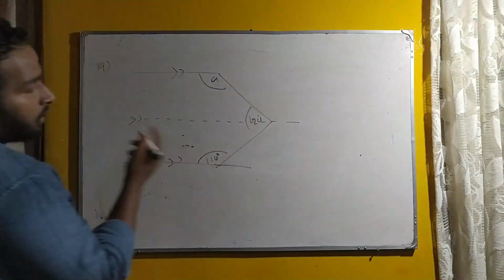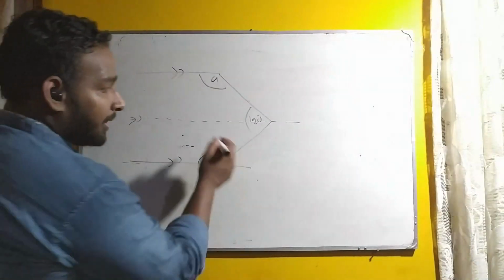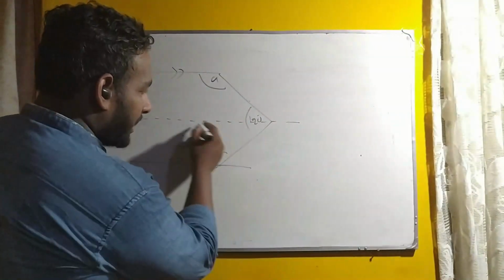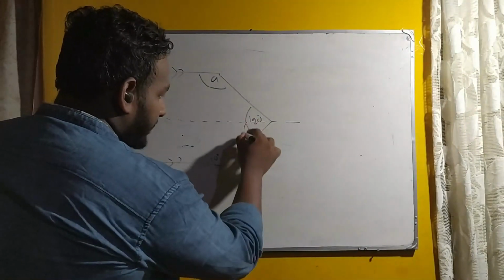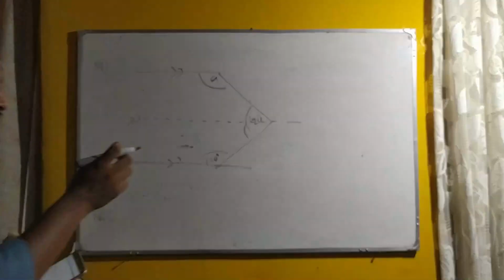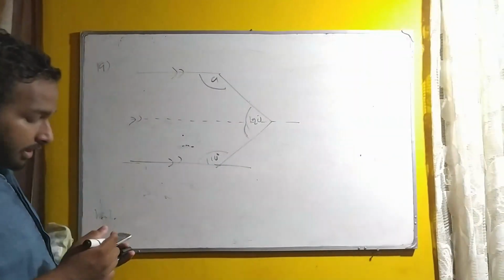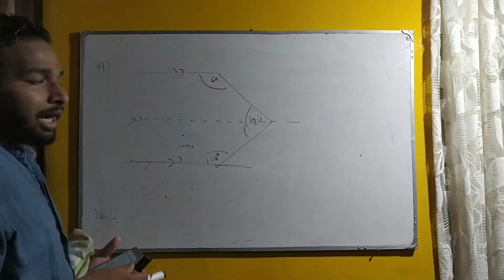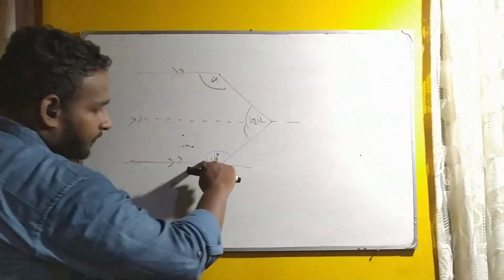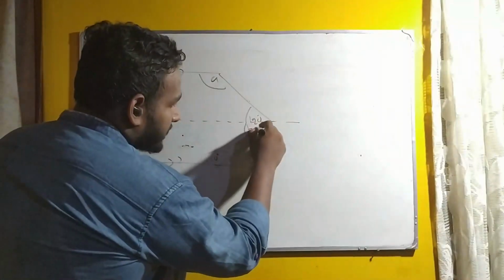So here I said allied angle. Allied angle means you can take C. I am taking C like this. If I take this C, this angle and this angle, if you add these two, it should be how much? 180, because the sum of allied angles in a parallel line is equal to 180. Then tell me, if this one is 110, this one should be how much? This one should be 70.